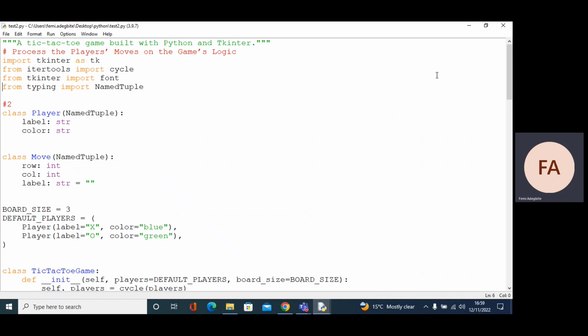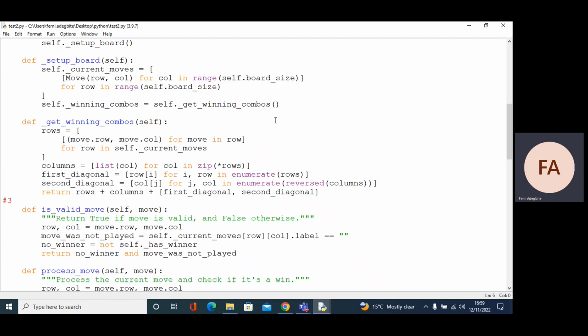I will be explaining the third part of this video, which is about processing the player moves on a logic game. But before I start, I would like to summarize what we have done so far in the first two videos. In the first video, if we scroll down